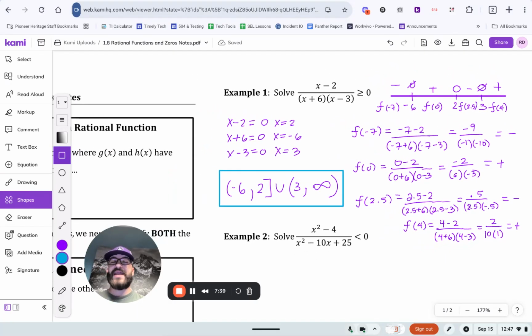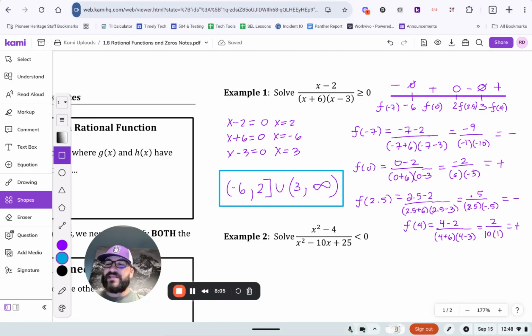It's the same exact skill as polynomials, except two things. A, you have to remember to get your factors from both the numerator and the denominator. And B, when you're writing those inequalities, you just have to remember which factors were zeros and which were undefined,